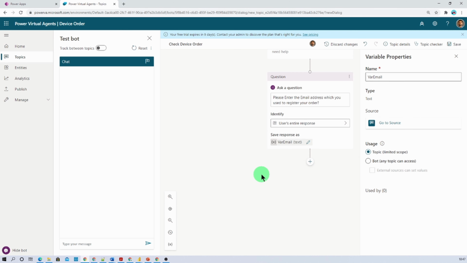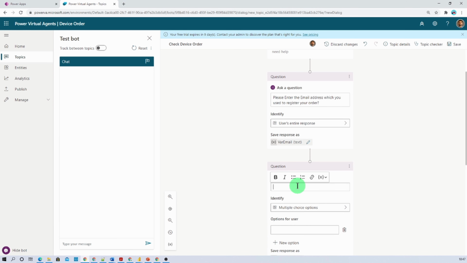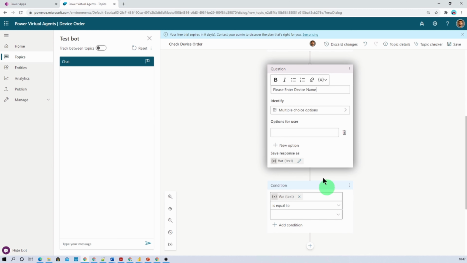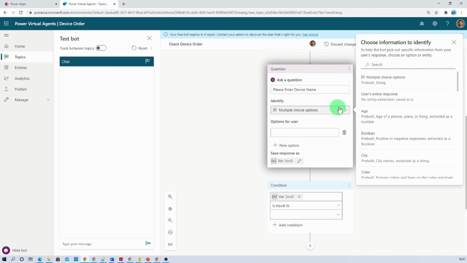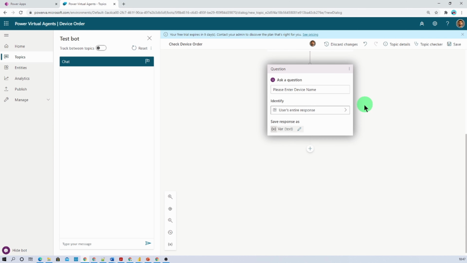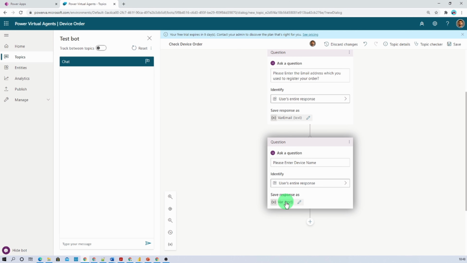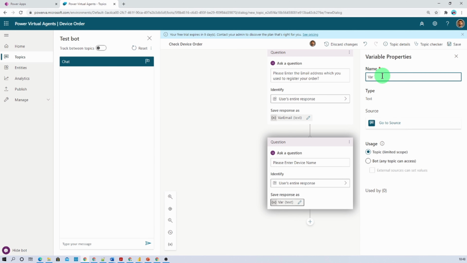Let's keep that, and now let's rename our variable as email because here we are storing our email. So let's store that. Once we get the user's email address, we need to ask for the device name. So we will ask one more question to our customer. Click here and click on ask a question, and type the question, please enter device name. From here let's select the user's entire response, and now let's store this variable as device name.